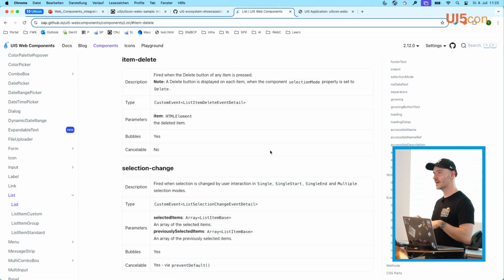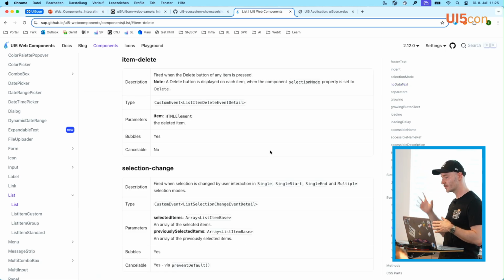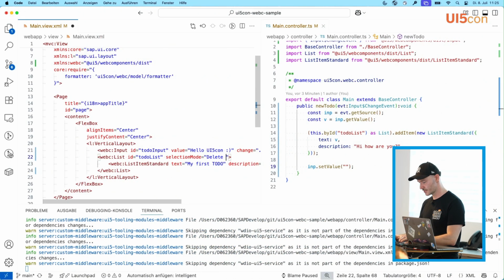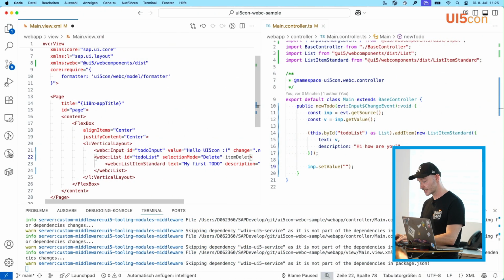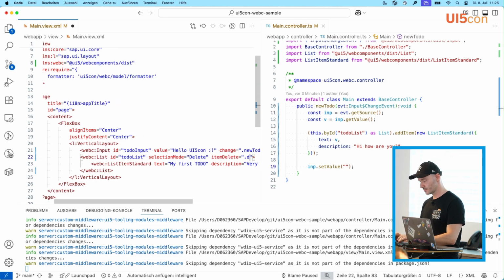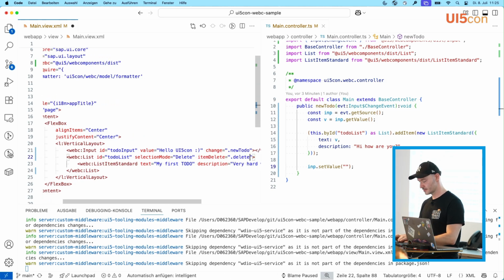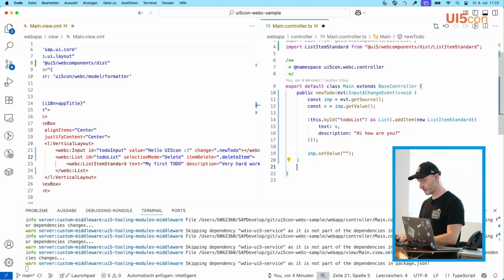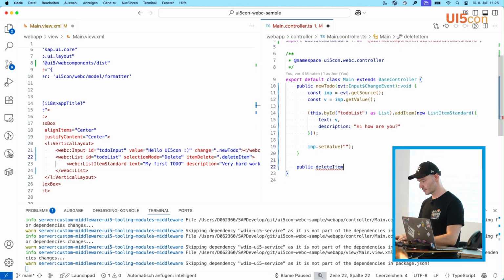The UI5 event names, they are camel-cased. Right? What you see here in the official documentation, it has a dash. It's item dash delete. That's how you write it down in the DOM level. But on the UI5 level, you have to camel-case it. So to showcase this, it would then look something like this, item delete. And you could do something like delete item. And if you implement this real quick, you can also